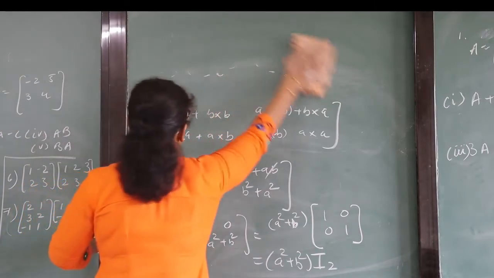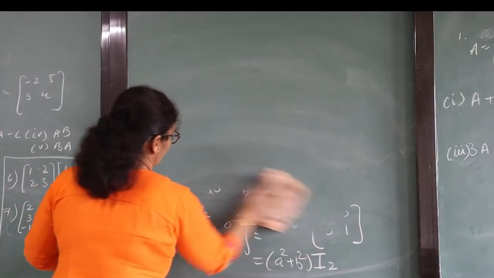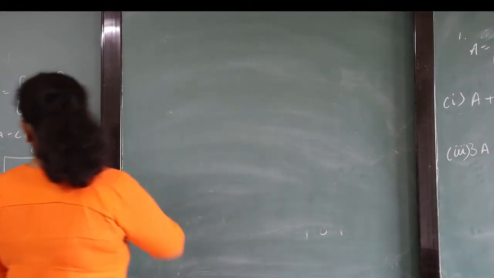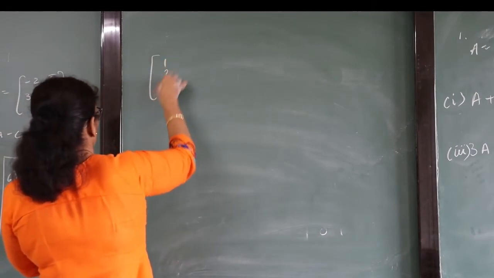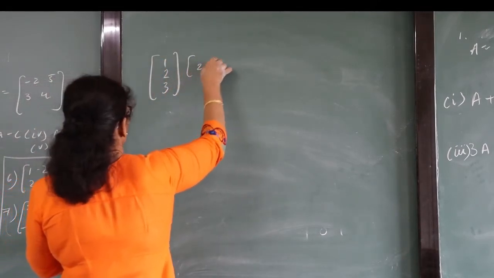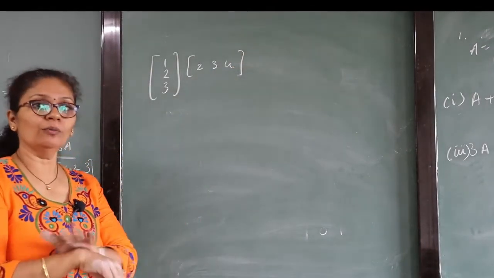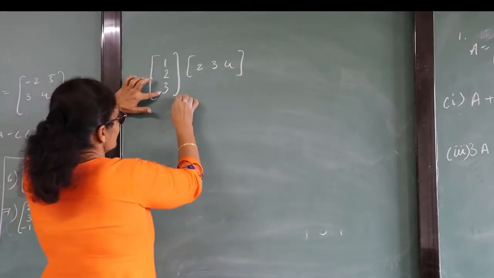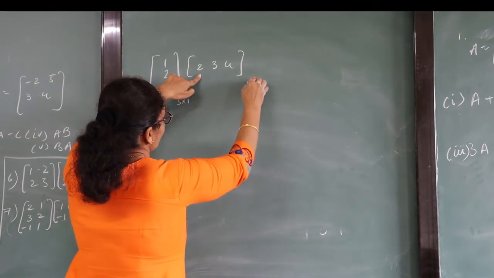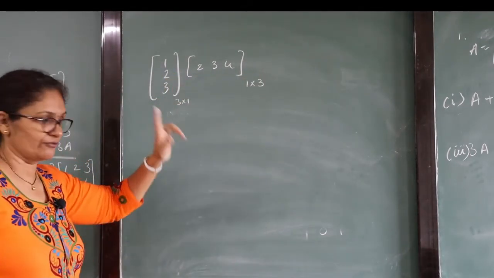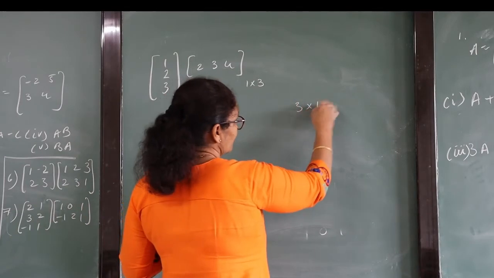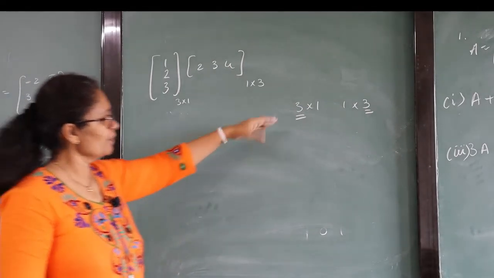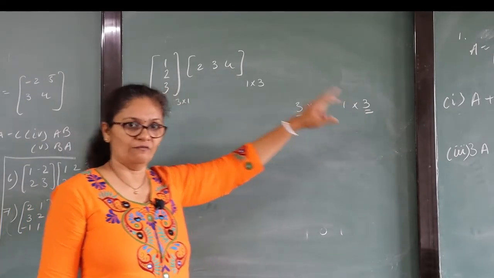Now we will take the next question, question number 4 of the same exercise. Here the matrix 1 2 3, a column matrix, is given, and another, a row matrix, is given. Now you have to multiply the column matrix with the row. What is our general concept? Here this matrix is 3 by 1. This matrix is 1 by 3. When you multiply these two matrices, what do you have to remember? 3 by 1 and 1 by 3. So the first matrix's row and the last matrix's column will be your answer.